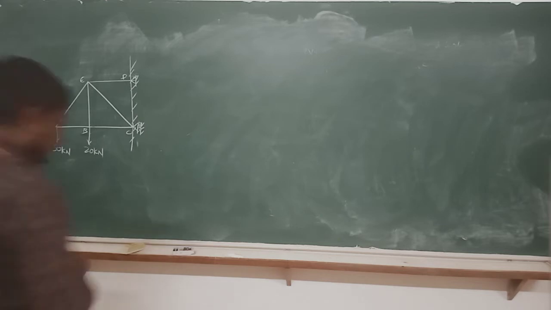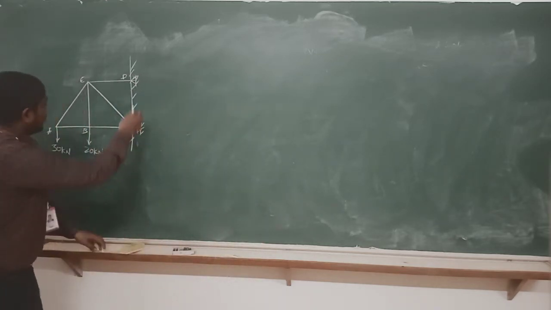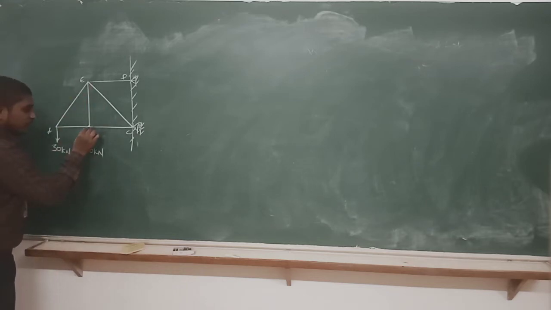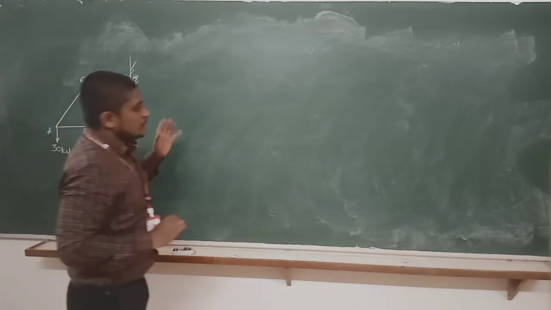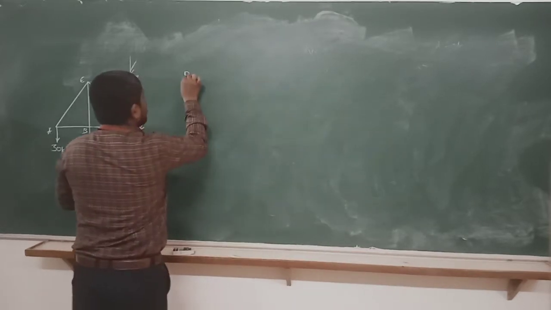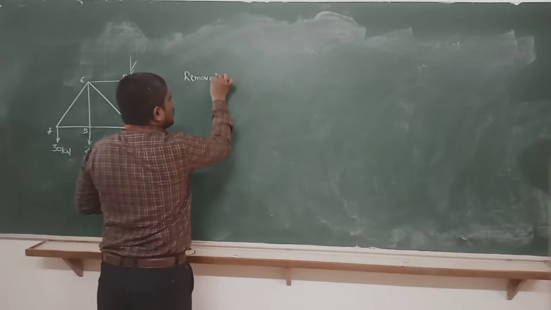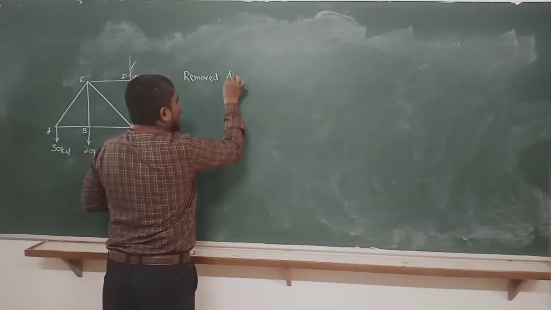Yes, in the previous video what we have seen is that this was a real structure. In this real structure, particularly at point B, a 20 kN load is acting. At point A, a 30 kN load is acting. So in the first step, in the previous video, what we have done is we have removed the actual forces